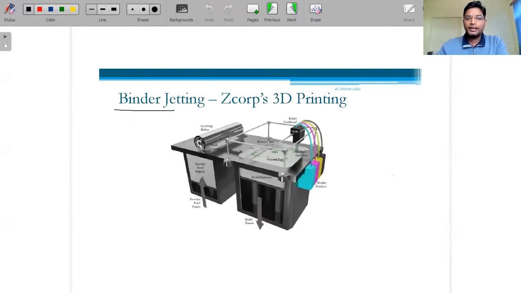Binder jet, we are using a liquid resin, or sometimes we use it in solid form as well, converting it into filaments. What exactly is the meaning? I hope all of you are aware of the color printer. In 2D we use a color printer, but it's not like whatever color you need will be available in that setup.